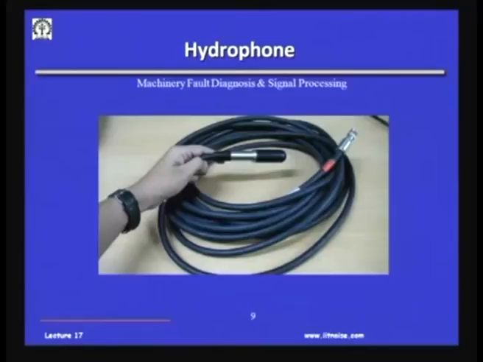Now, these microphones could be used to measure noise underwater, and these are known as hydrophones. The piezoelectric sensing element is here, and this black one is just a protective cover. When the water waves come and impinge on this surface, the piezoelectric crystal inside also gets a motion, and this signal is converted and sent to a charge amplifier. You will be wondering why such a long cable; this is about a 10 meter long cable. This could be ordered even up to 1000 meters, 1 kilometer.